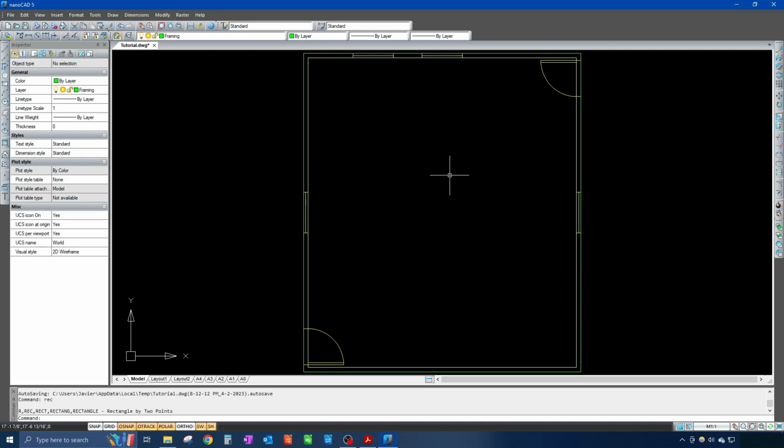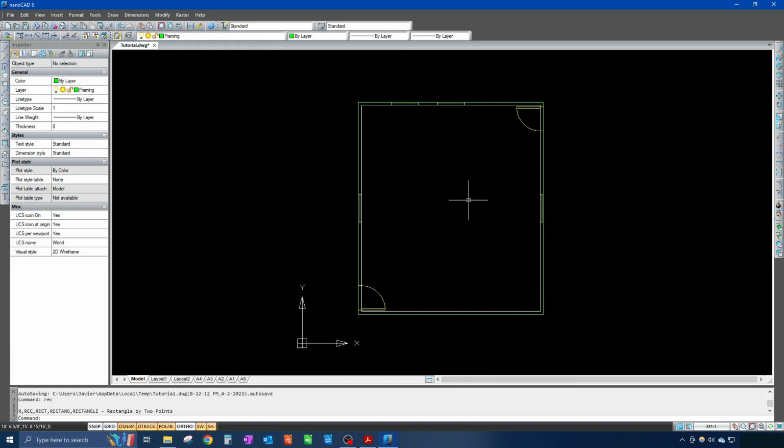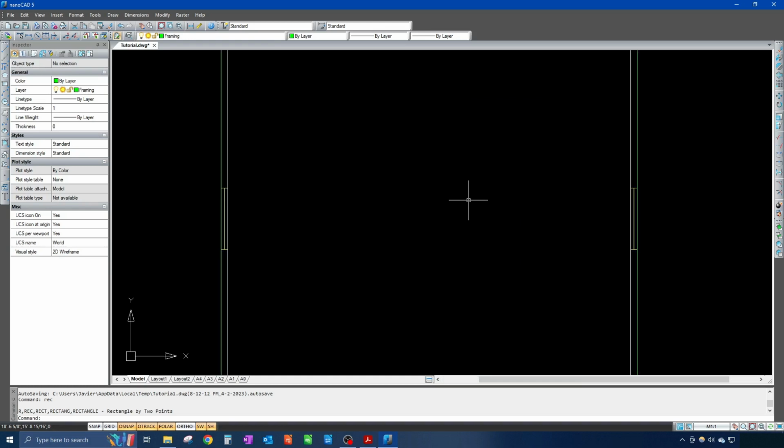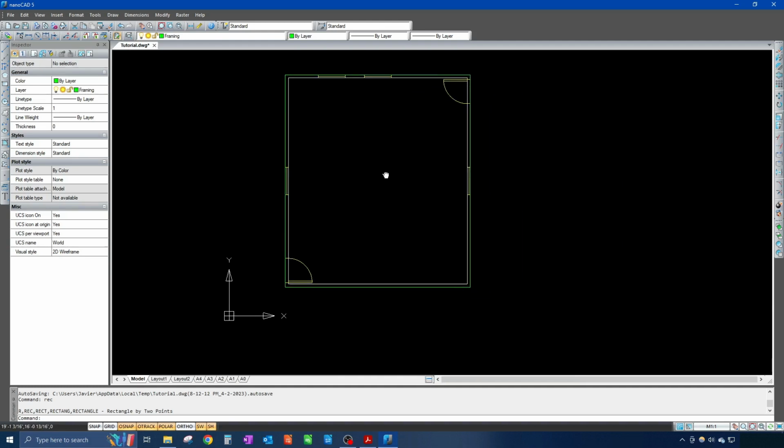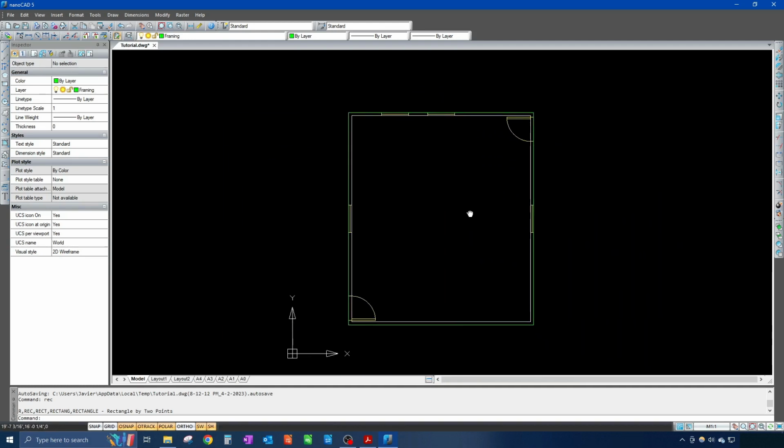By the way, something that I forgot to mention in the previous videos, in order to zoom out, you use your scroll wheel on your mouse. I think that makes it a lot easier. So scroll down to zoom out, scroll up to zoom in, and then you could click your mouse wheel to pan. Okay, so now that we've got our outline of our tool shed,